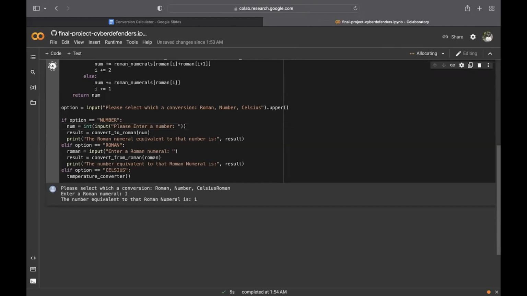So if I run it, it gives you one of three options. The first one is going to be Roman, which converts Roman numerals to numbers. Then number, which converts numbers to Roman numerals, or Celsius. So if I choose